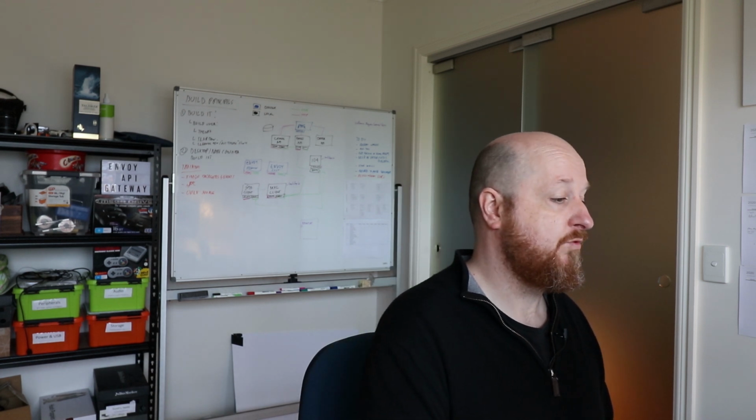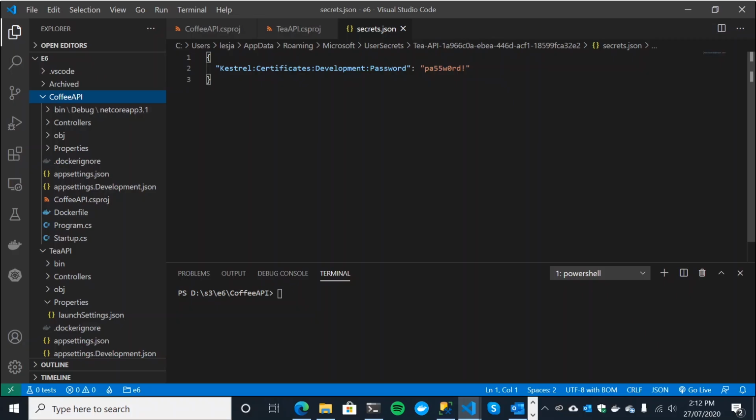So let's give that a go now. All right, so now we want to basically package up both our APIs as Docker images and then run them as containers, or ultimately, as we're going to be doing, run them as services, because we're going to jump straight to using Docker Compose. I'm not going to use the Docker CLI to do this.